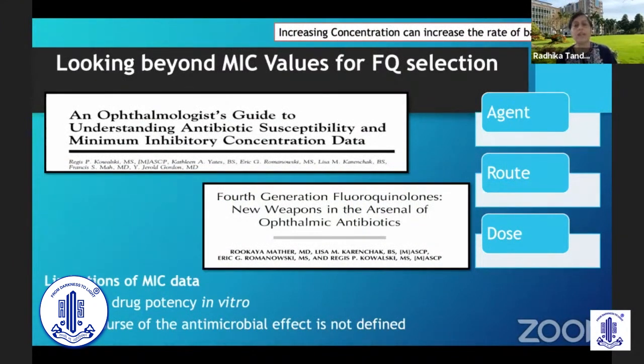So one is, as we see, we look at the current susceptibility pattern. The other thing is that we go by the actual objective values to know as a starting point. So typically we have been relying on minimum inhibitory concentration values, and as we want to go higher and higher, we can take the MIC 50 and the MIC 90. So that's one. But there are certain limitations of purely relying on MIC data, because this is effectively the potency in vitro. And there are many other factors which may come into play in the host tissue, as I will